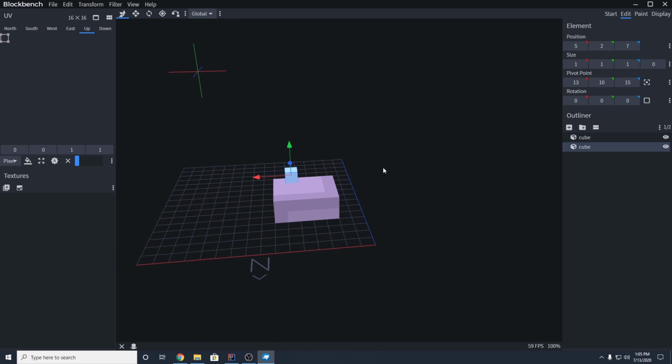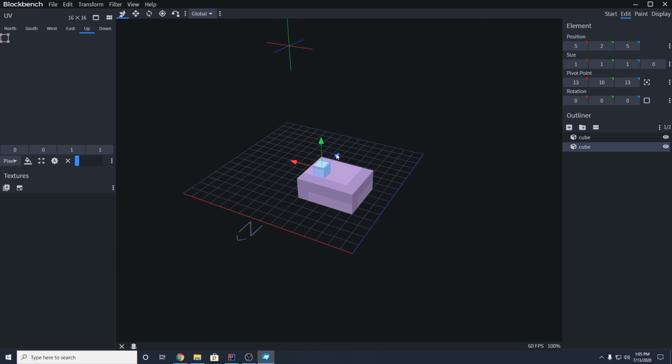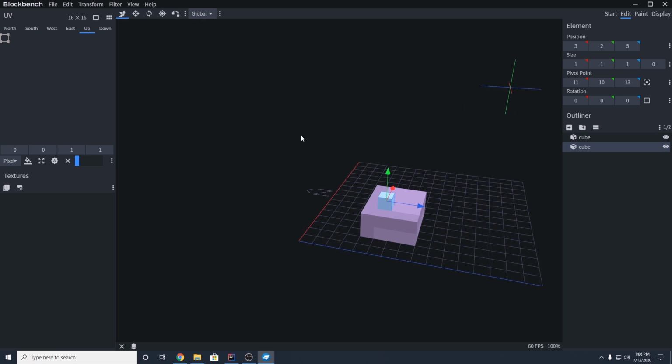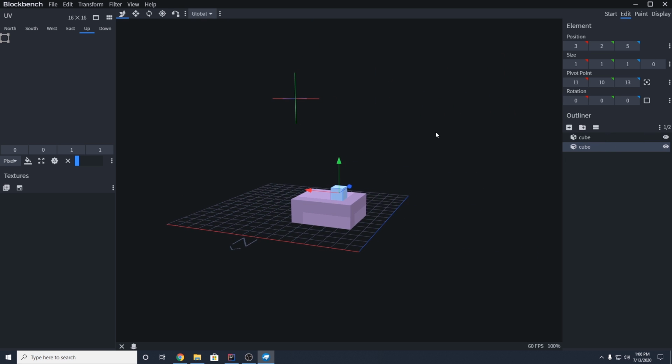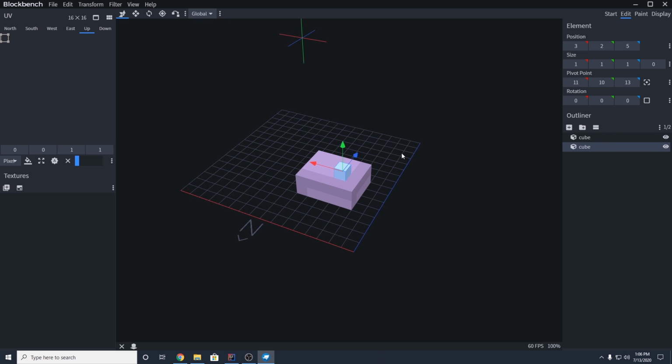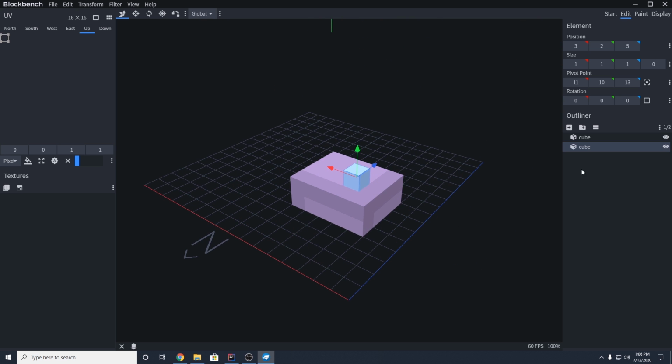And this, whatever you design here, will show up in the game later on once we complete the remaining steps. So what I would recommend is mess around with this, get comfortable with it, create some cubes. What you do want to do, and the tutorial I will link in the description will show this, is once you're done making your model, you want to highlight all of your cubes with Control A, and then go over